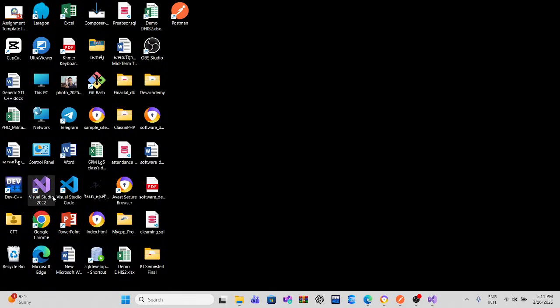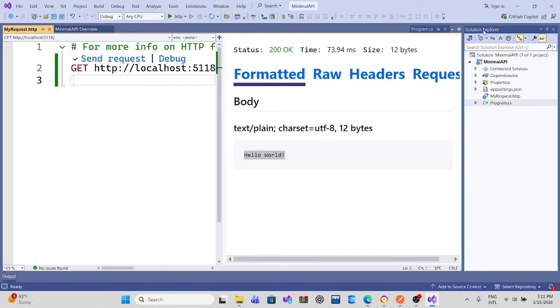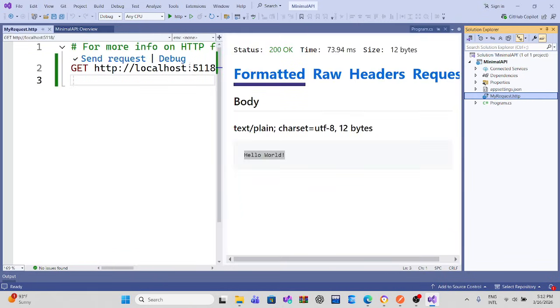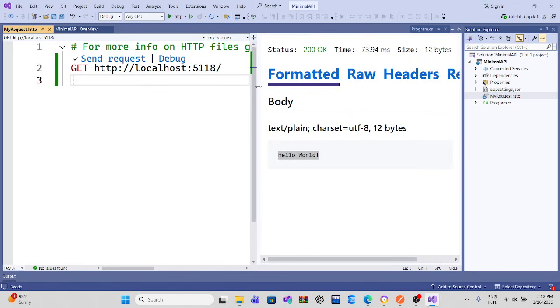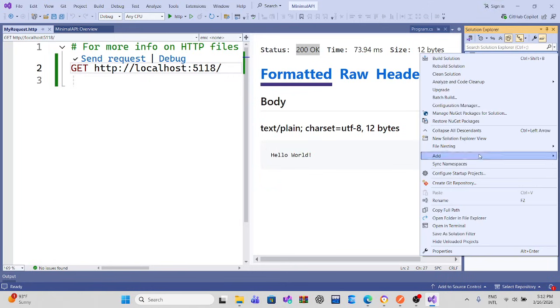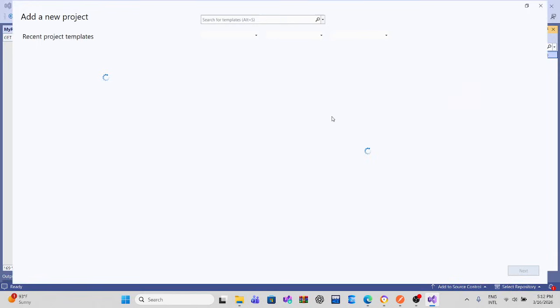We can open Visual Studio 2022. In the same way as the last video, I created another project in minimal API, and we created a simple file with HTTP for making requests, and you can test it. The minimal API is already done and was tested successfully with a small API. So in this video, I can create a new project. Right click and click new project,